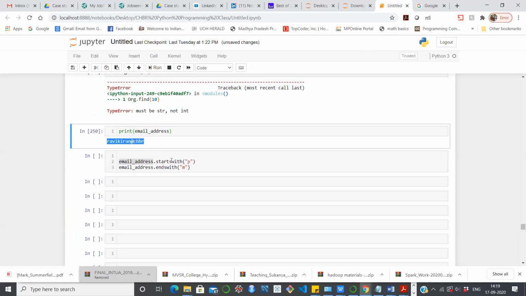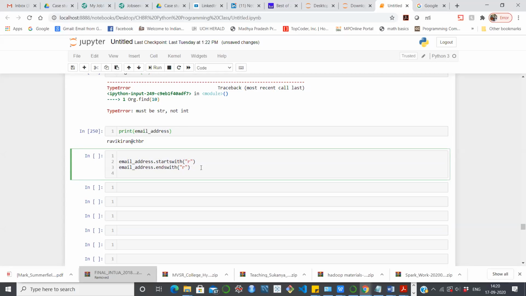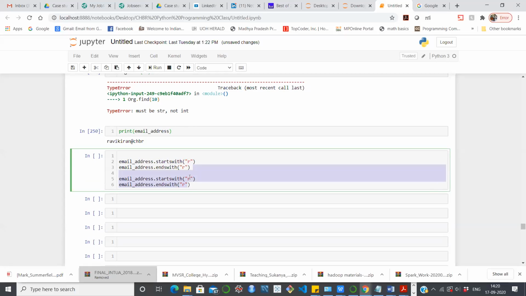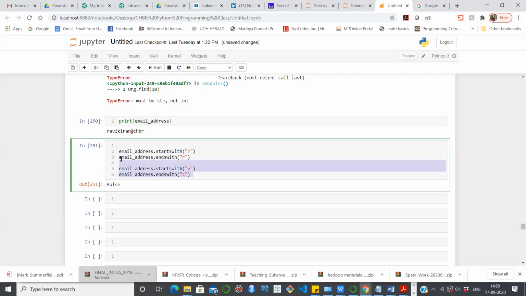Now we need to check whether it starts with R or ends with R. In the same manner, we can use startswith, let's say, R, and let's say I'm writing startswith V, and then I'll write endswith C. Let's see what output we will be getting. So we are getting false. Let us do one by one.